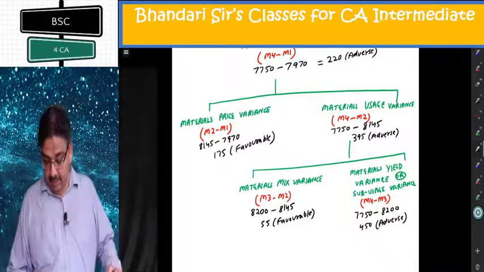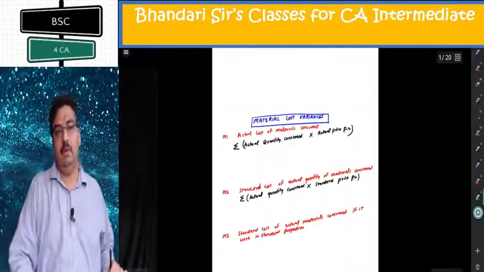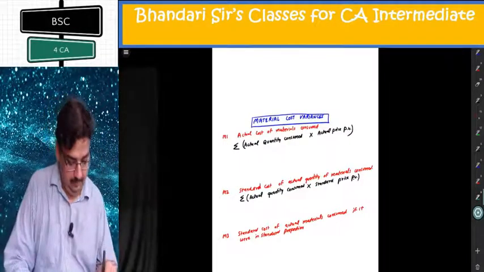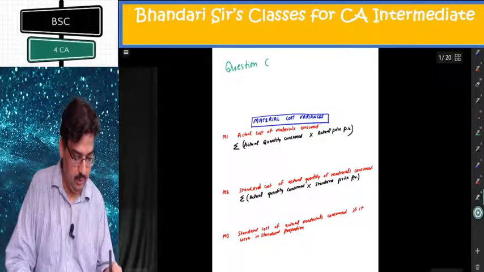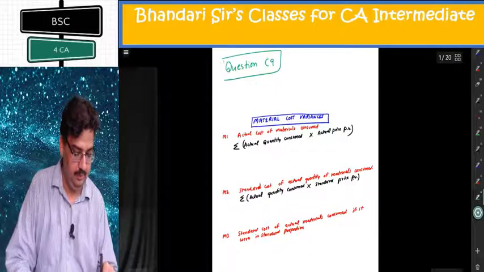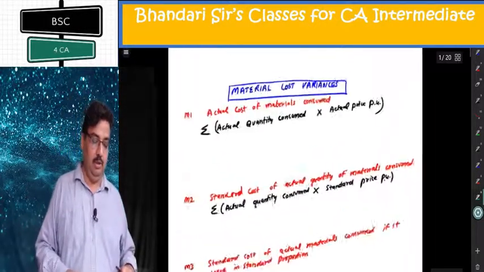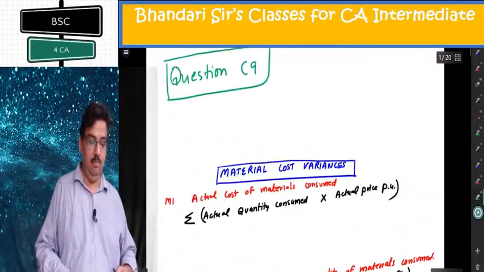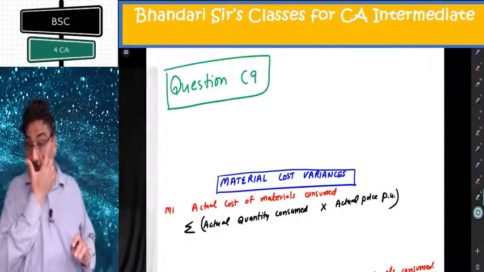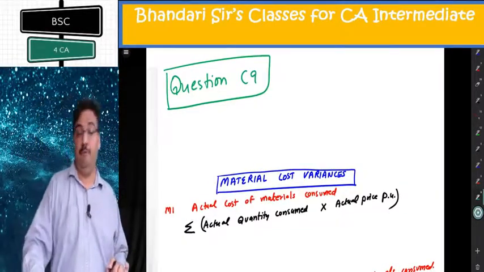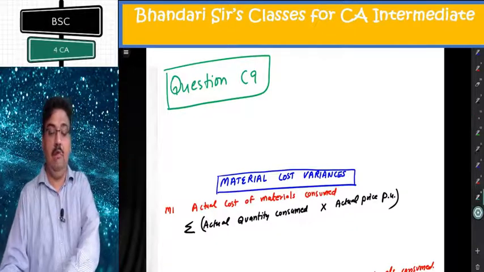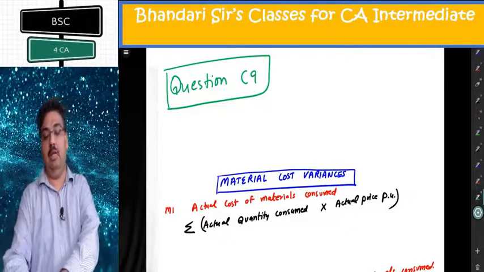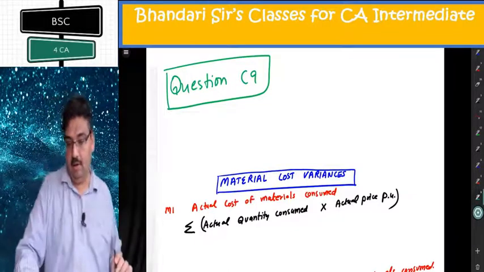This was complete C8. The next question is C9. It is not at all difficult once you have understood question C8. It is similar to C8, again having the point related to the output in M4. M1, M2, M3 are again very simple. Even M4, because you have done C8, will be not difficult at all.